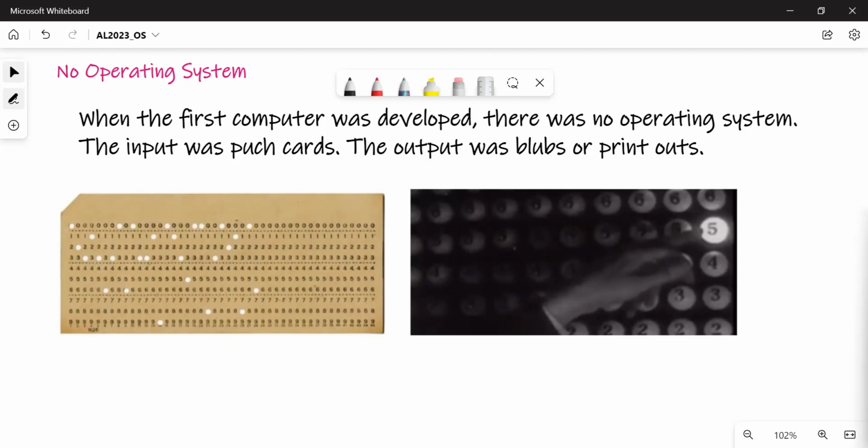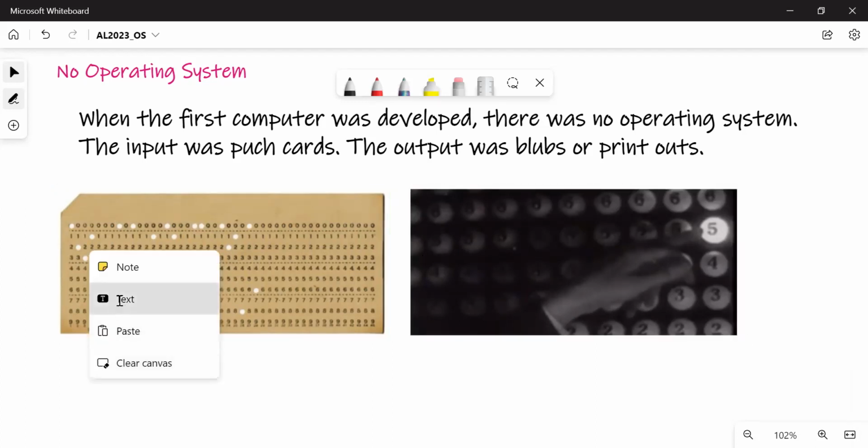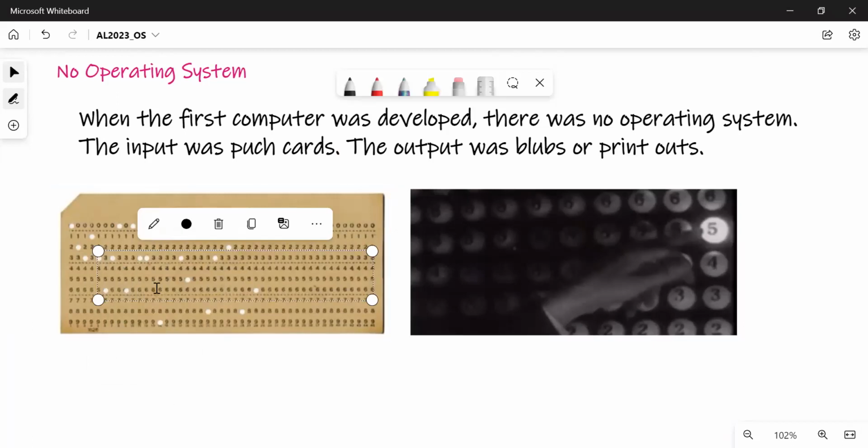So people have to make use of this. Humans were there to schedule.